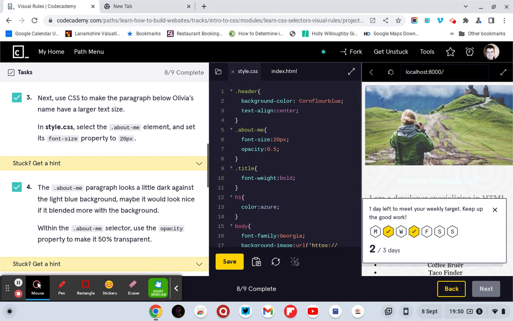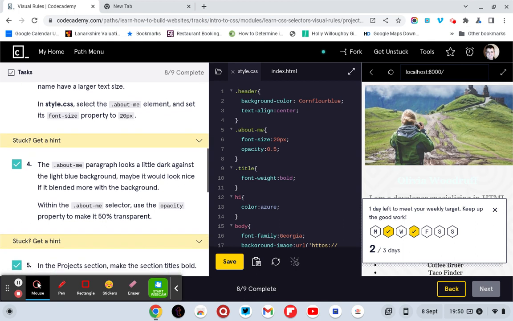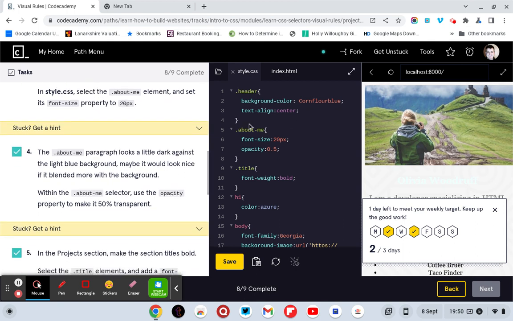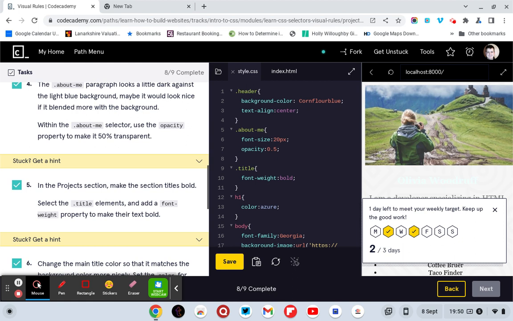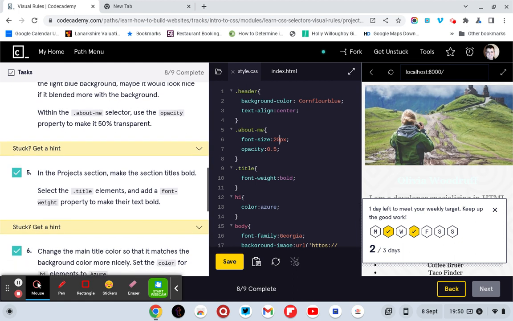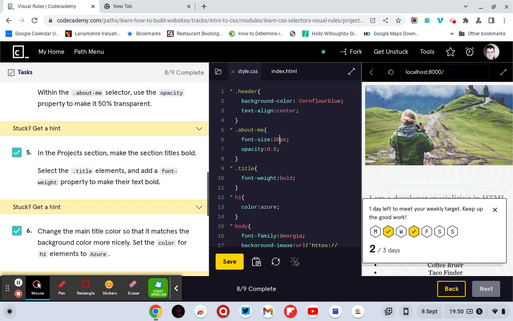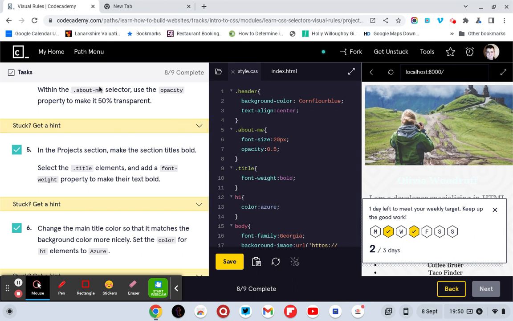Next, use the CSS to make the paragraph below Olivia's name have a greater text size. In style.css, select the .about-me element, and set its font-size property to 20 pixels, so font-size: 20px. The .about-me paragraph looks too dark against the light blue background. Maybe it would look nicer and blend more with the background. With the .about-me selector, use the opacity property to make it 50% transparent. So what we'll do is add the new opacity: 0.5;